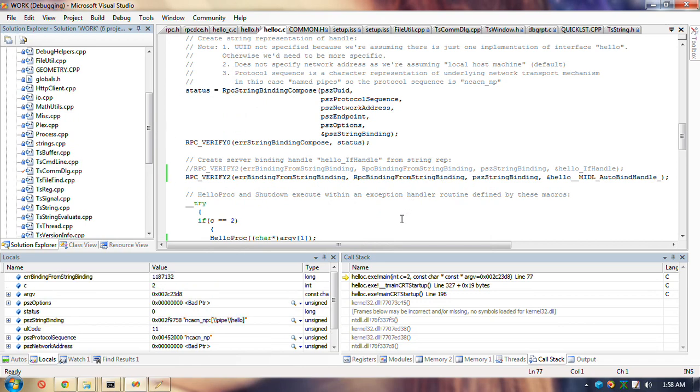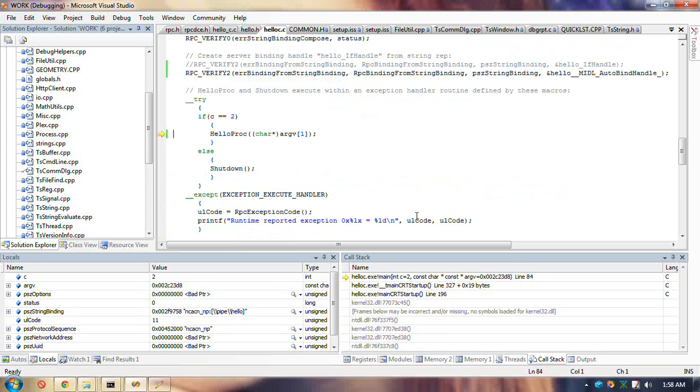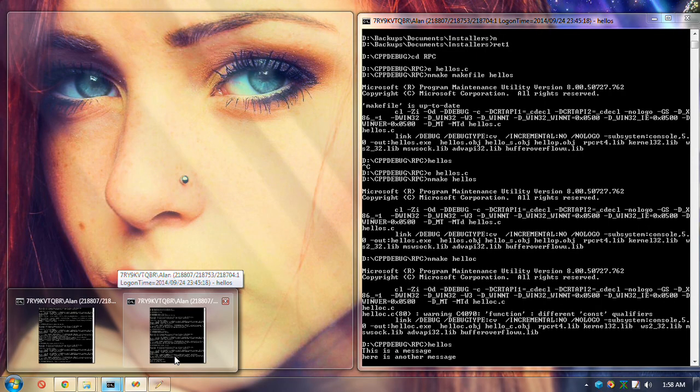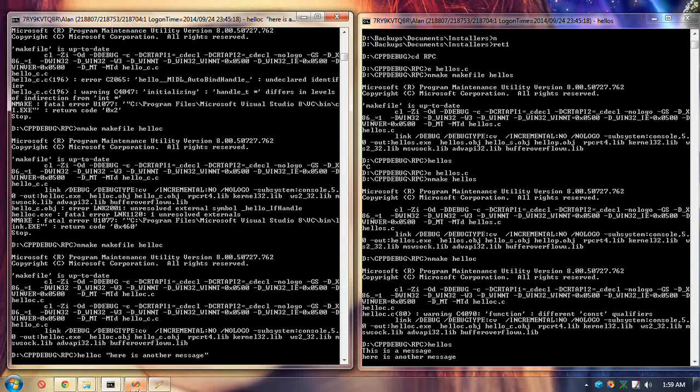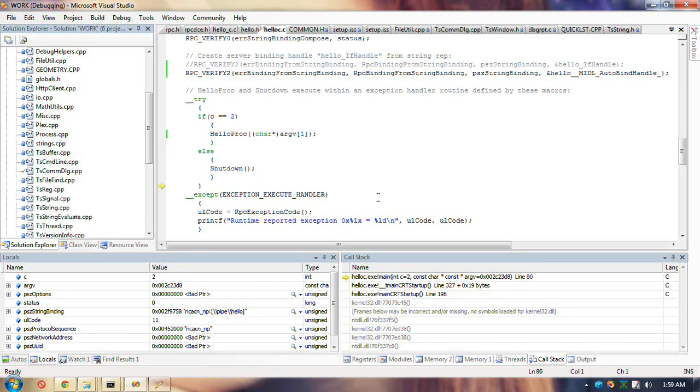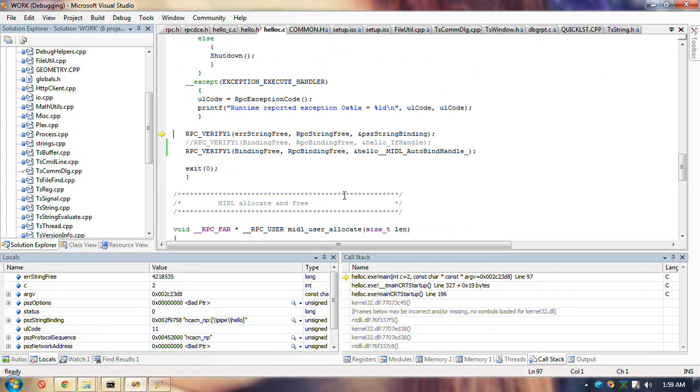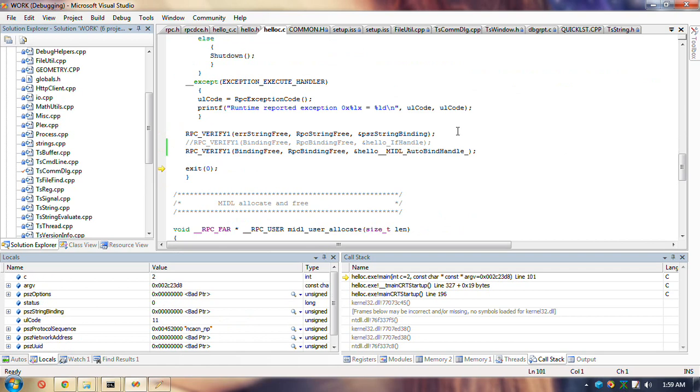No error. There it is. The message came through. And it's working. The question is, how does it work? Free the binding, free the handle, exit.